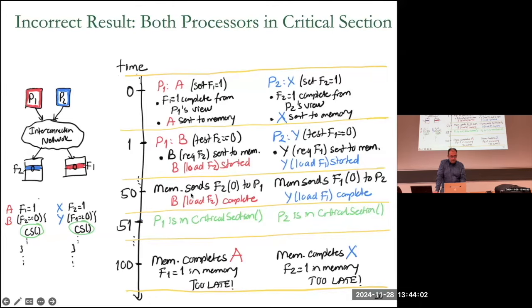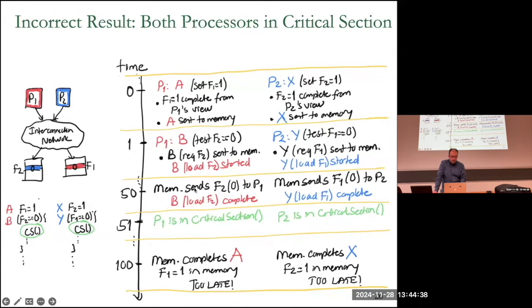So after some time, memory sends F2 to P1. But this can happen before that write actually takes place in the main memory. From the processor view, you're done with that instruction because you already committed it, right? But it hasn't been done in the main memory yet. It can eventually be done, but so far it hasn't. The main memory still has the old data, let's say 0 and 0.